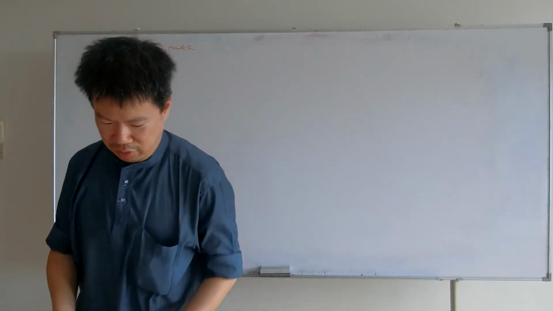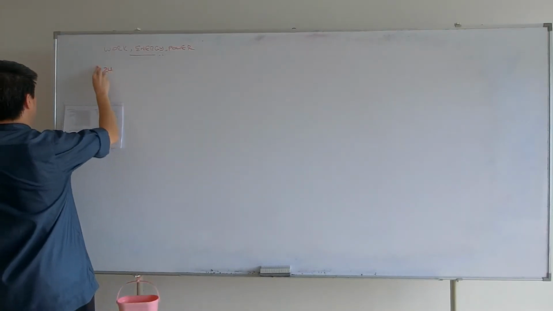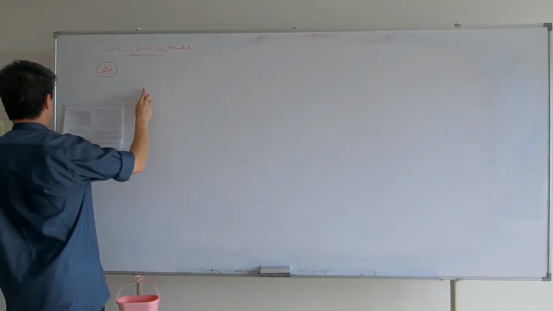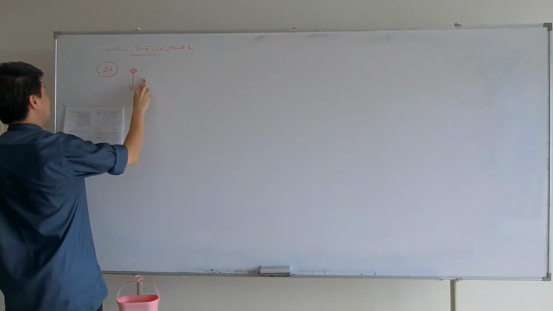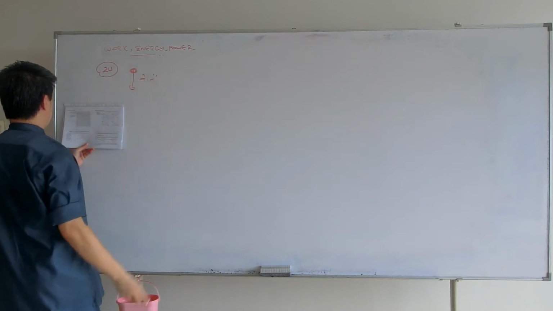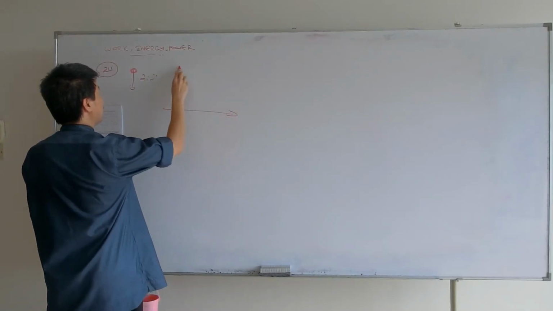Let's do question 24. You have a table tennis ball, a ping pong ball, that falls vertically through air. Figure 11 shows a variation of kinetic energy. So you have a graph of energy